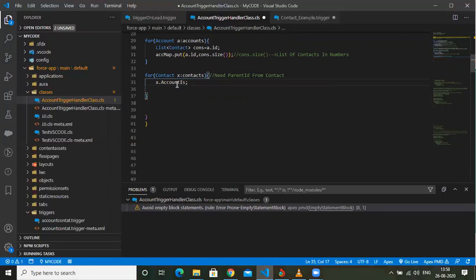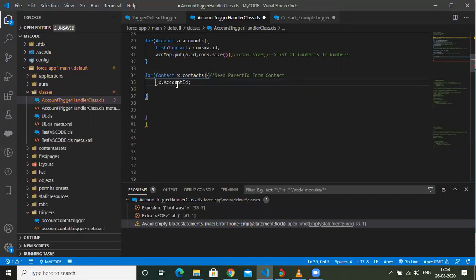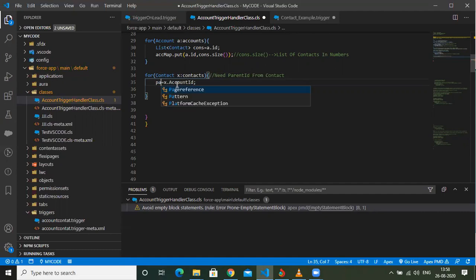X dot account ID. Now this will be done. Obviously, I need to store it somewhere. So I will take one variable, name is parent ID. And obviously, if it's a variable, I need to give a type for that. So that will be an ID. Okay.